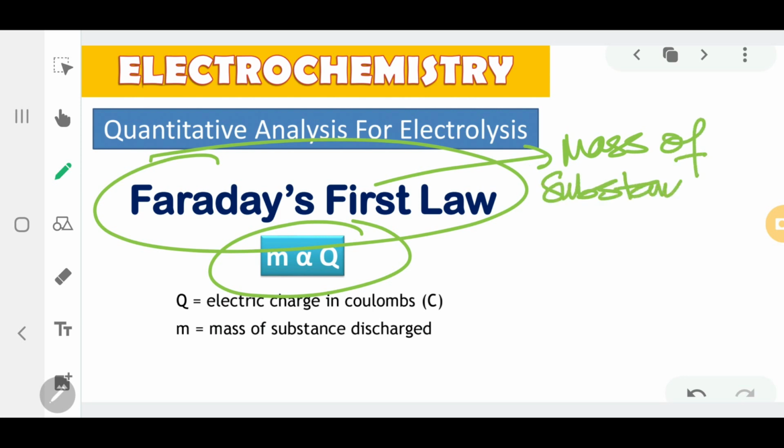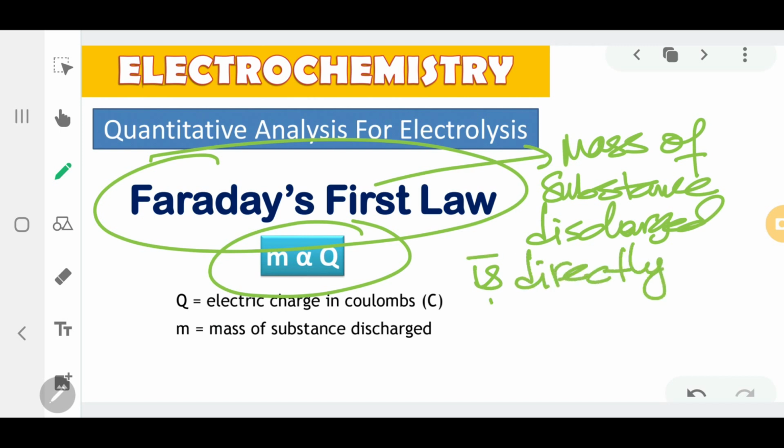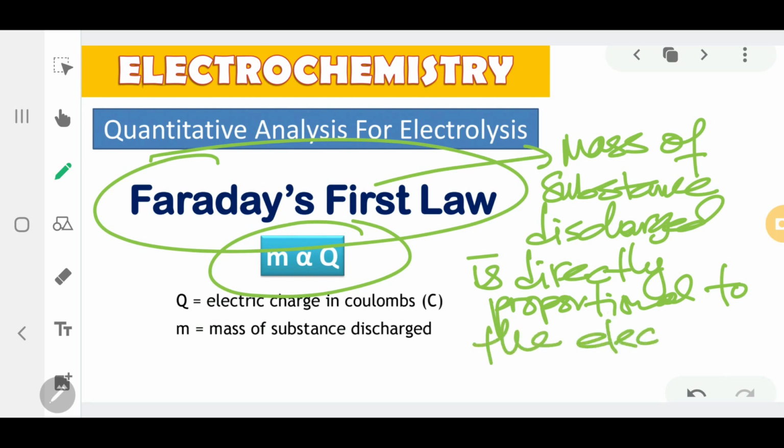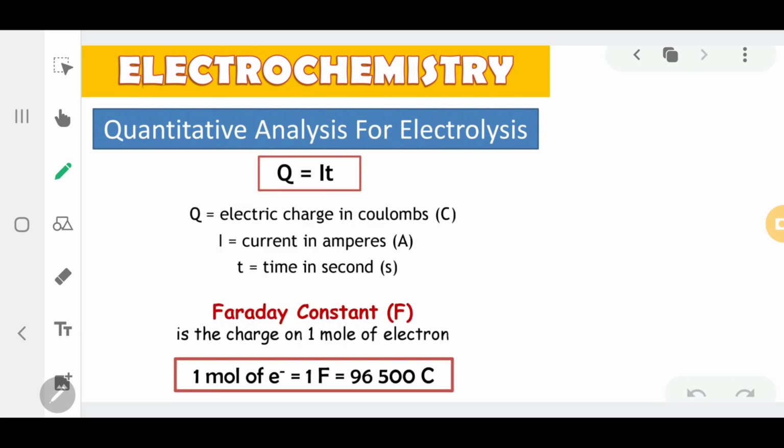So Faraday's first law simply says that the mass of substance discharged is directly proportional to the electric charge in Coulomb. To calculate the problems for Faraday's first law, we're going to use the formula